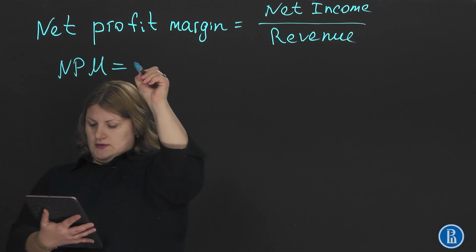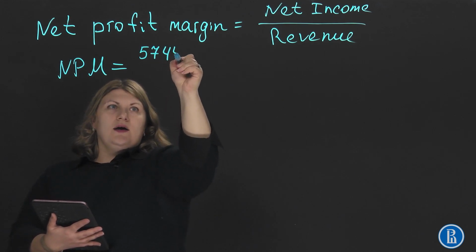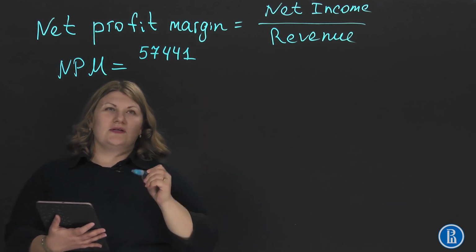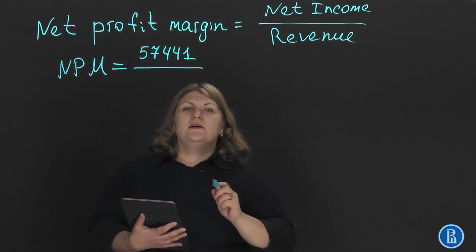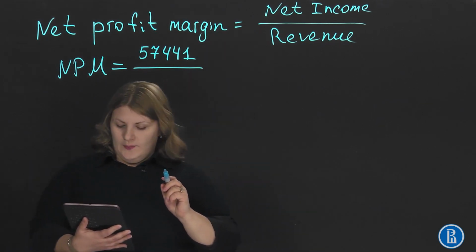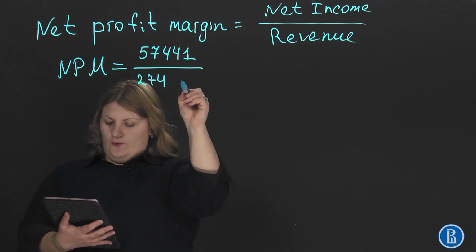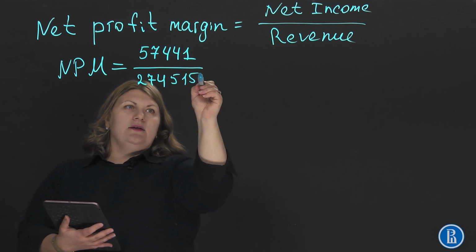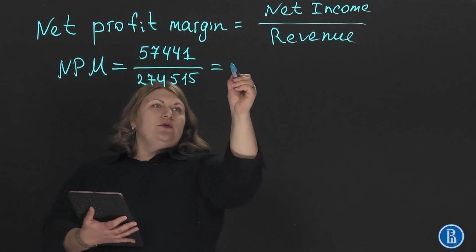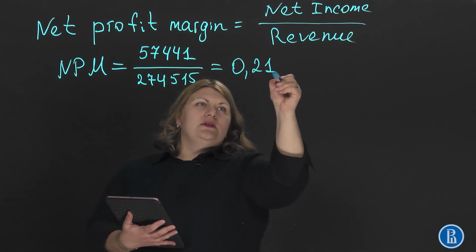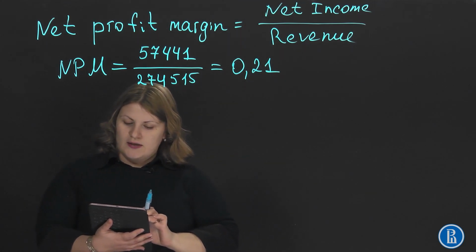is just as follows: $57,441 million. And we will divide it over the total revenue for our company, which is for 2020 $274,515 million. Now, as you can see, net profit margin for Apple is 0.21. And this represents us